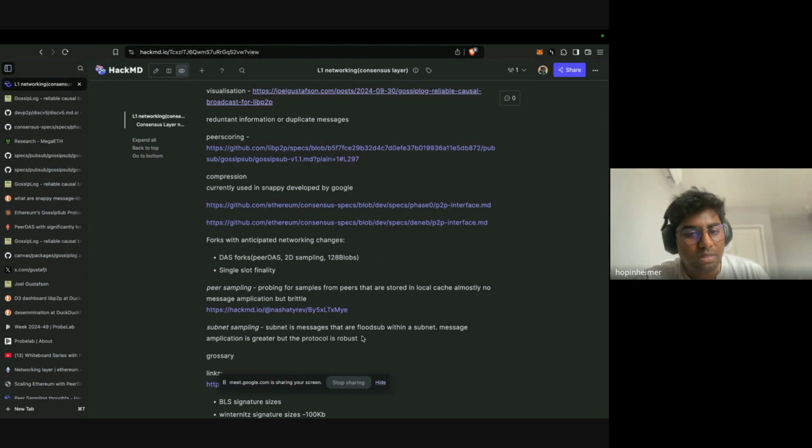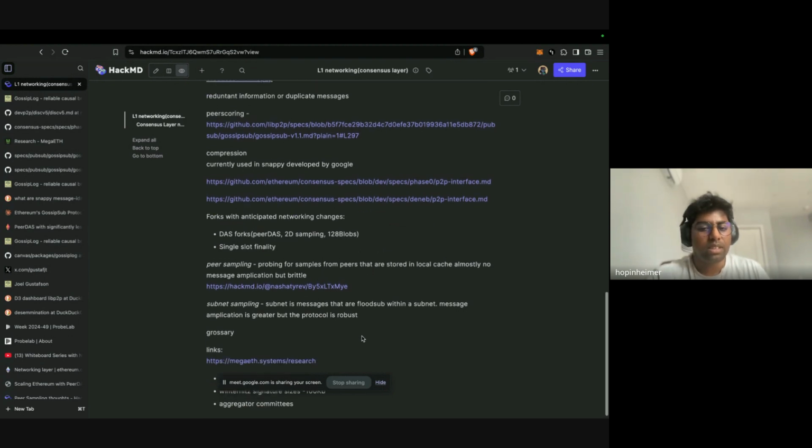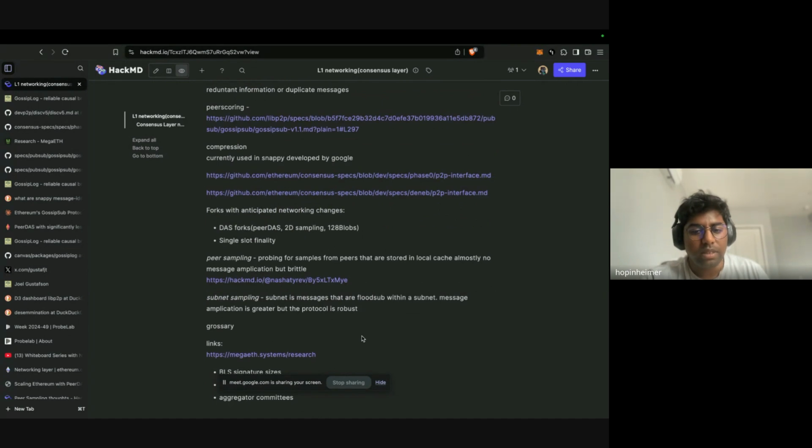But in subnet sampling, it just floods in your own subnet, and then you can just take messages from the subnet. But obviously, there is some sort of message amplification implied to that.